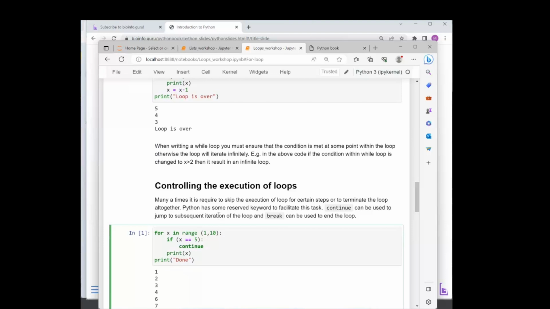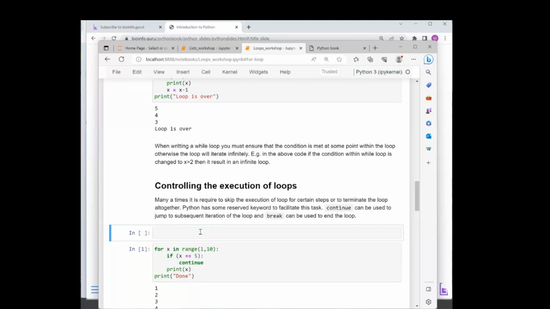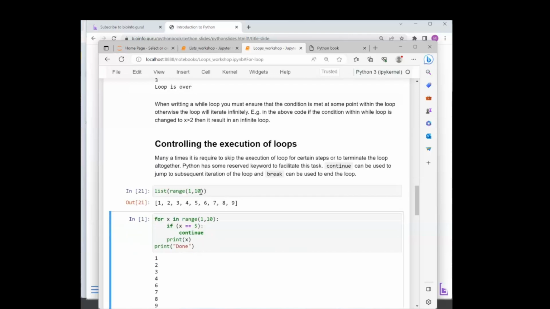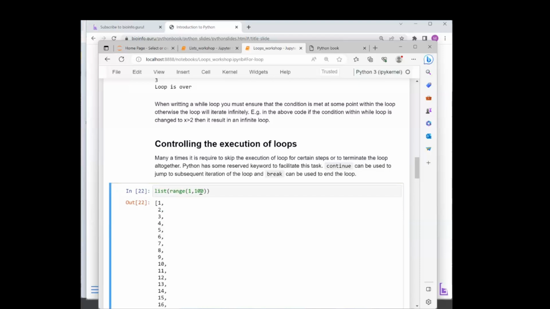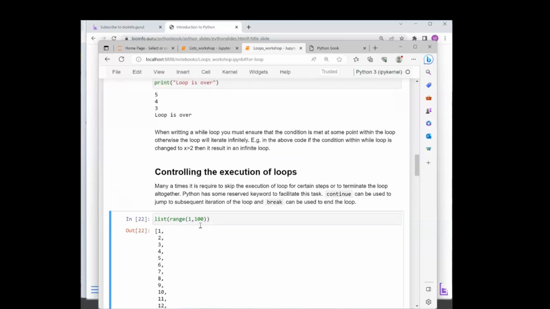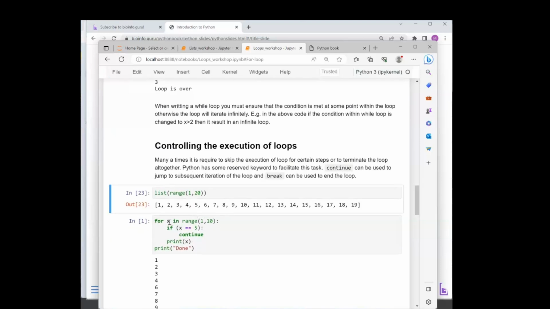So yeah, this controlling the execution. So let's say we have for x in range 1 to 10. So this range function is something we can use to generate a list of numbers. For example, let me just show you. So like this, you can have a range of 100 numbers or any numbers that you want using the range function. So in this case, we say for x in range 1 to 10, that means 1 to 10 would be